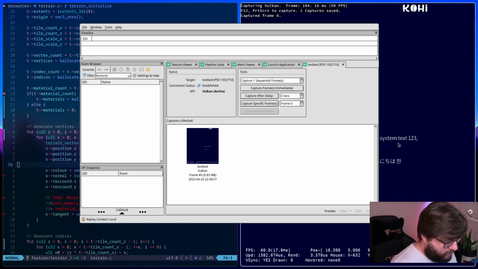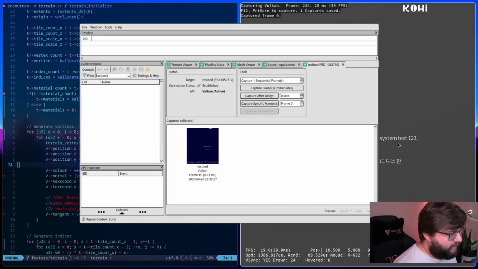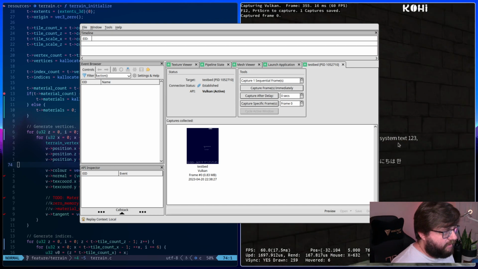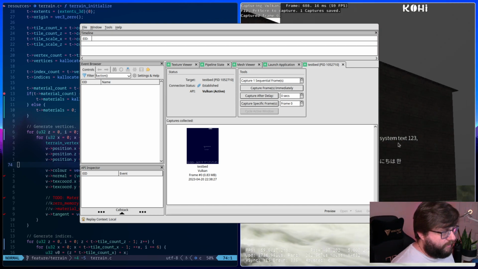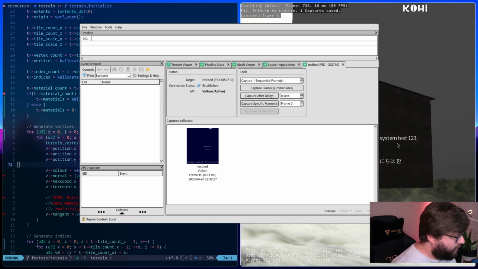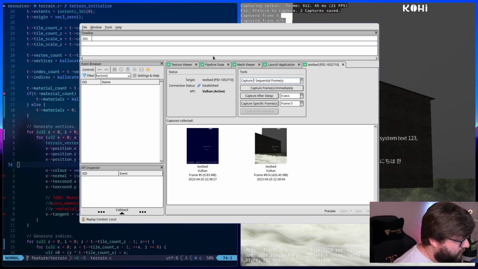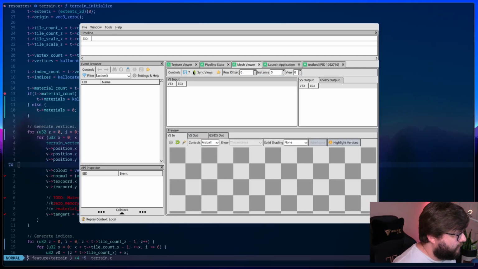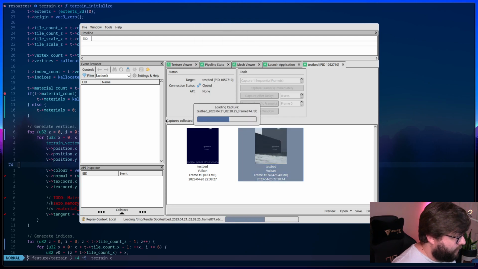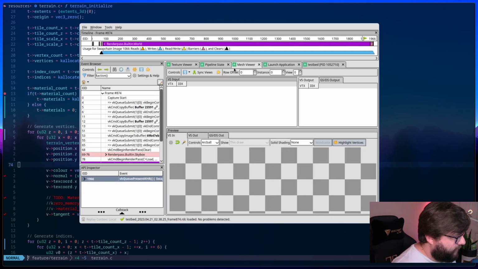And we will load this huge terrain and try to understand what is this crazy data we're looking at. So let's do a capture and we'll do a mesh viewer. I can kill this actually. Mesh viewer.